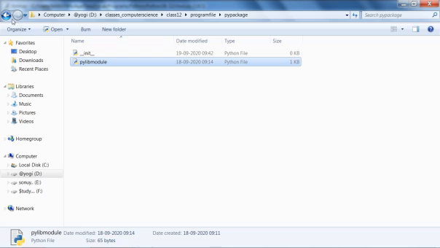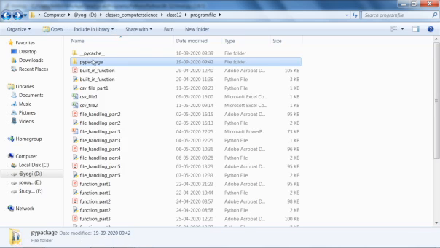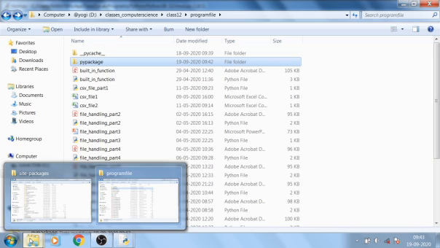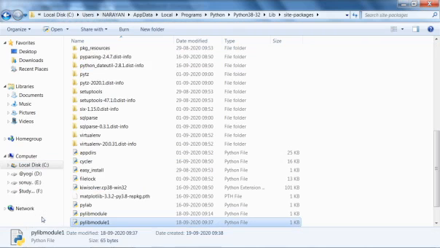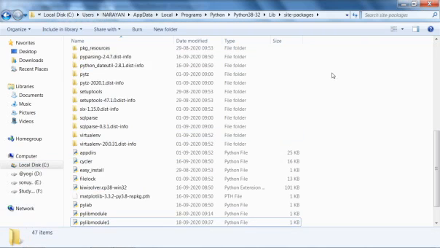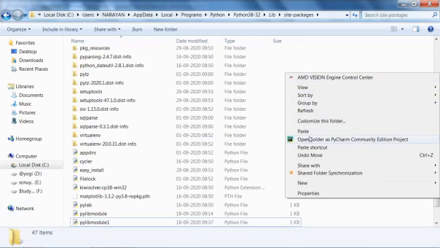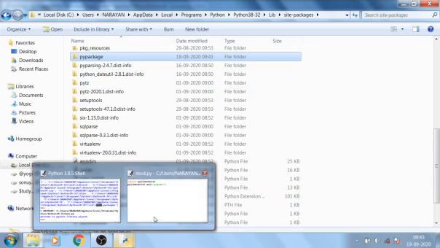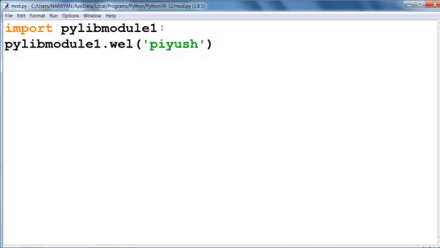And now we are going to copy this package and paste it in your site-packages. अब यहाँ पे हम इस पैकेज को पेस्ट कर देंगे। You can see that here, paste. यहाँ पे हमने पाई पैकेज को पेस्ट कर दिया है। Now if we are going to run this program, our module is PyModule.